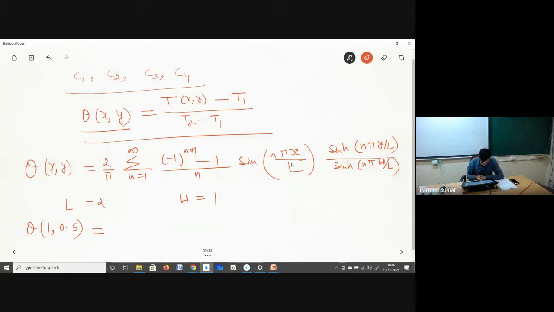5 non-zero terms. Okay. So what will happen when n is equal to 2? When n is 2, then my equation will become sine 2 pi into x divided by L. L is how much? 2. So it will become how much? 0. For n equal to 4,